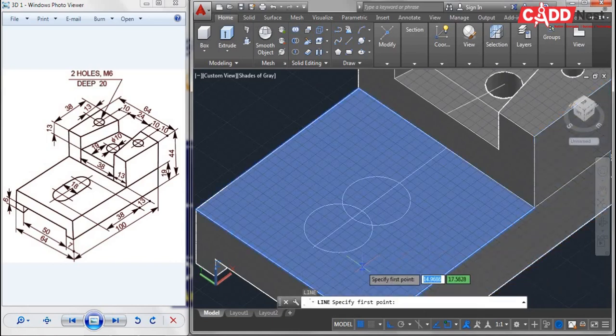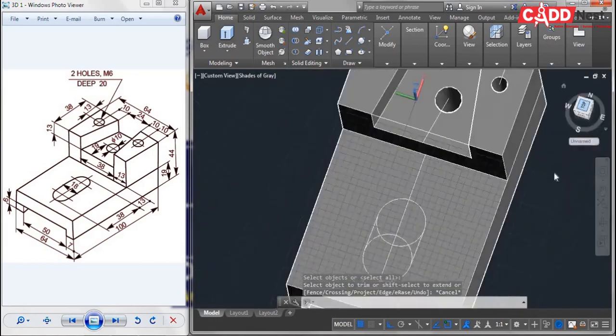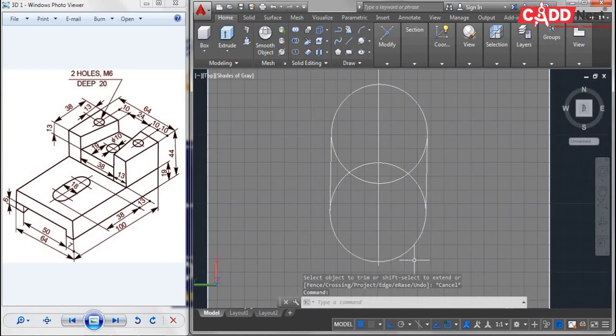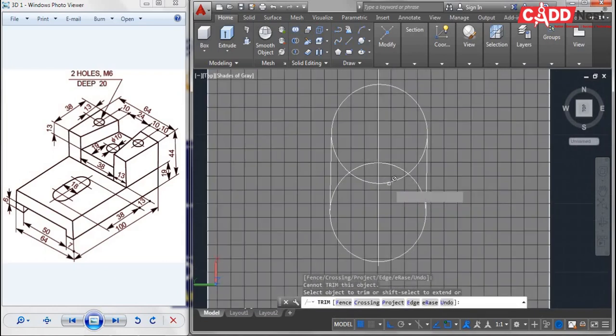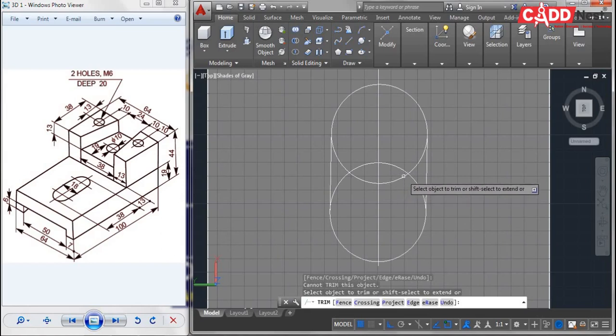Go for line and connect those 2 circles. Also line, connect these 2. Now I will be taking my top profile like this and go for trim, and we will be trimming these curves exactly.